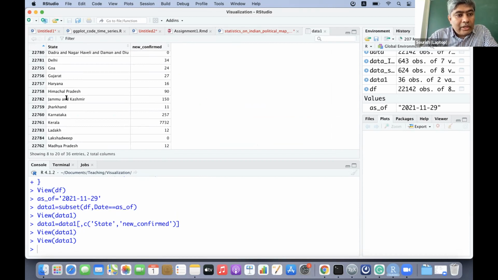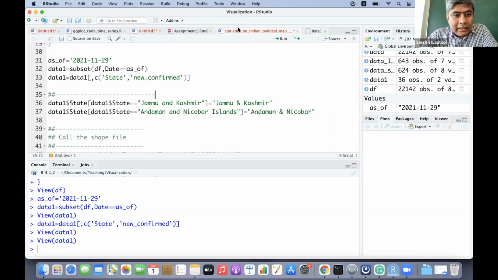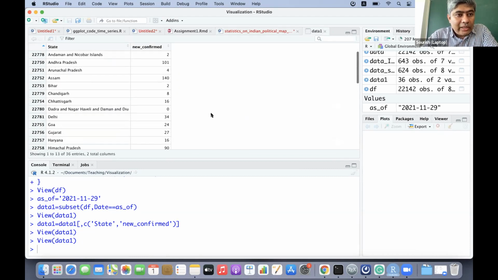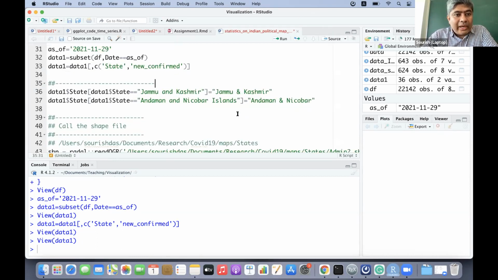What I'm doing here is replacing 'and' by an ampersand, and I'm replacing Andaman and Nicobar Island by Andaman and Nicobar. I'll explain why I'm doing it.